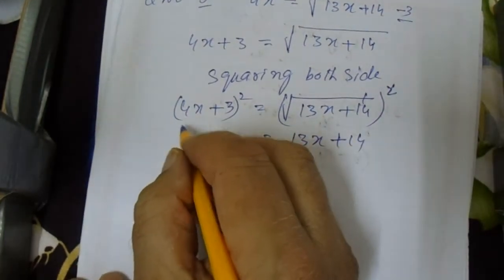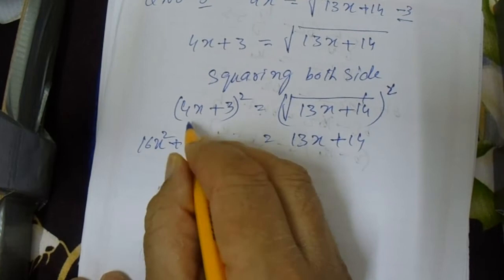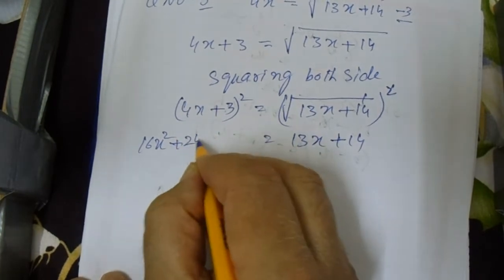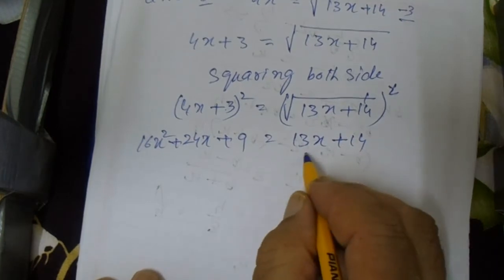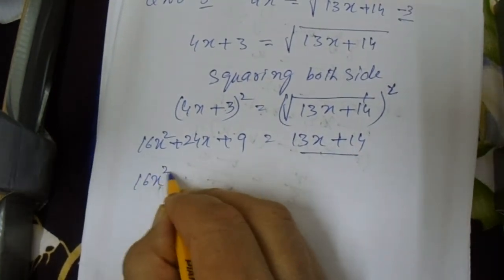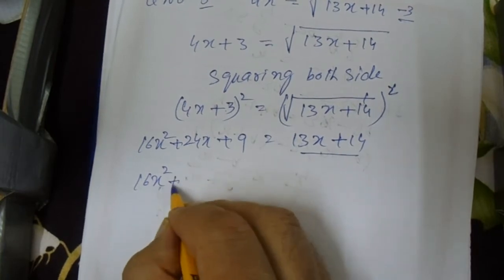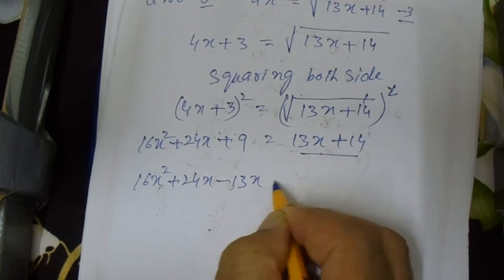Now on the left hand side 16x square plus 24x and plus 9. Now we take these two terms to the left side,